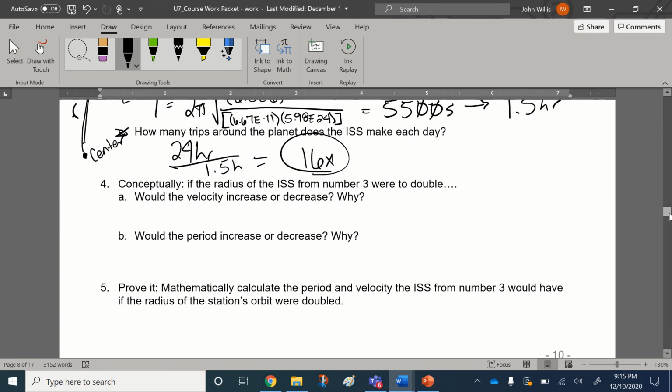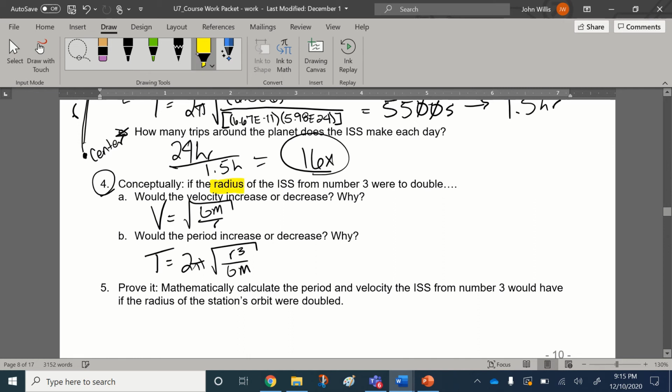Number 4, definitely also going to be on the exam, and the reason that I'm going to leave number 4 on the exam, even though I'm only going to have one question where you calculate orbital velocity and one question where you calculate orbital period, is that I'm going to have several questions like number 4 that are more conceptual. So if we look at the equation for orbital velocity, remember it was the square root of GM over r, and orbital period was 2 pi square root of r cubed over GM. So if we look at these two equations and we're interested in what happens to either velocity or period if we increase our radius, not just increase it but double it, we can figure out what that is using the same sort of